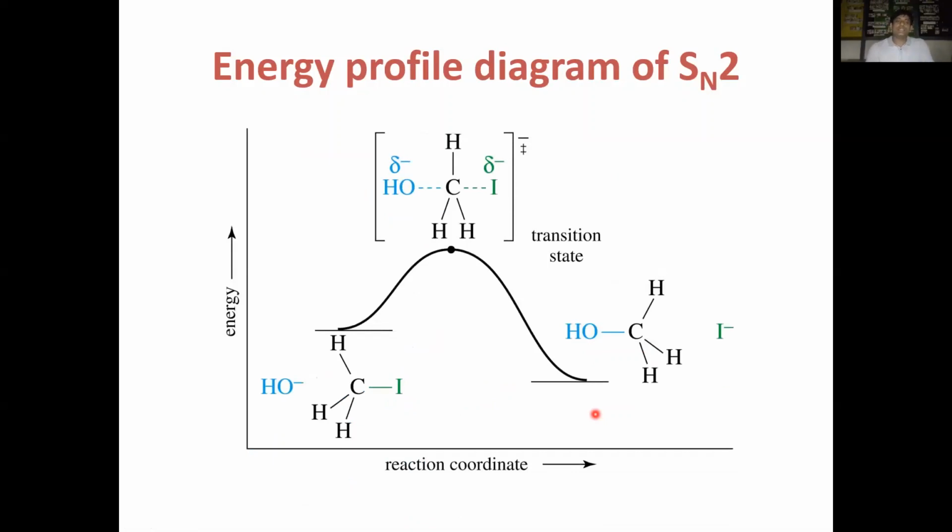The energy profile diagram contains the reaction coordinate on the x-axis and potential energy on the y-axis. In this diagram, you can find a curve. In this curve, on the left side you can find reactant molecules. On the right side you can find products. And this is the peak, the highest energy. This peak represents the transition state of the reaction. So these are reactants, this is the transition state, these are the products.